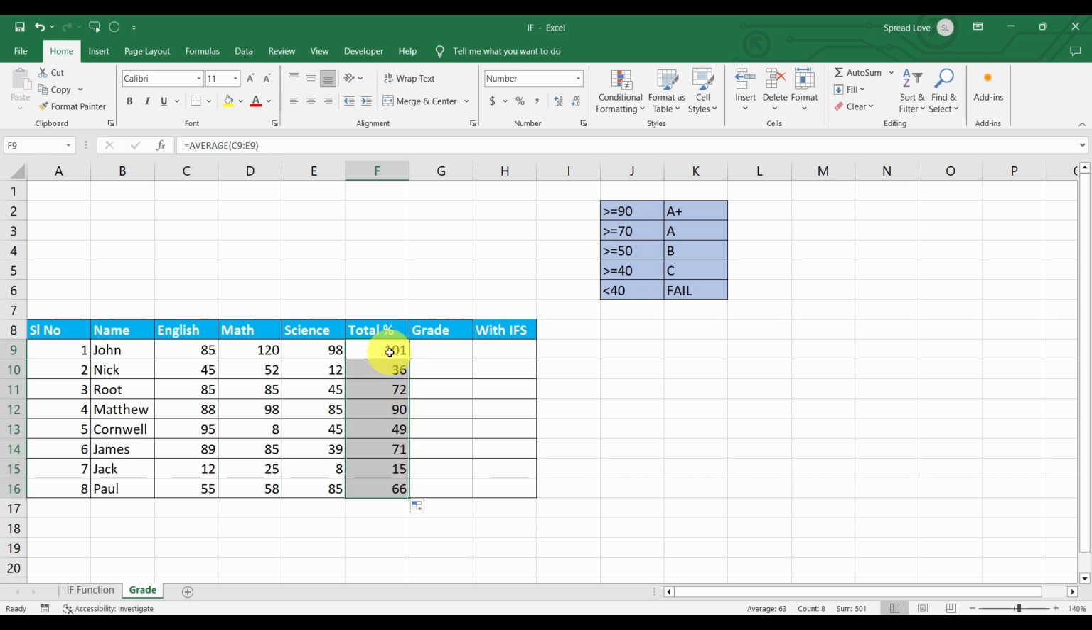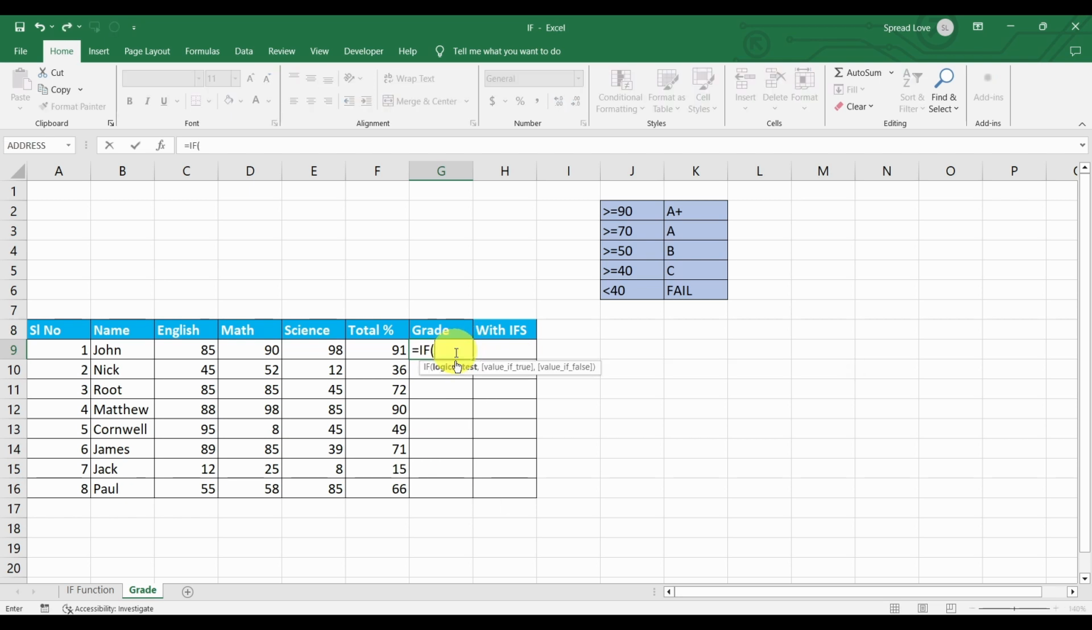Why is it showing 101? Because here they got 120 marks in math. We will amend it, just 80. Okay, check it out. 80, 90, we will write 90 here. Okay, we want to give them grades according to this data. So here we will use the first IF function, then the IFS function. Okay, the IF function first. What is our logical test? If this is